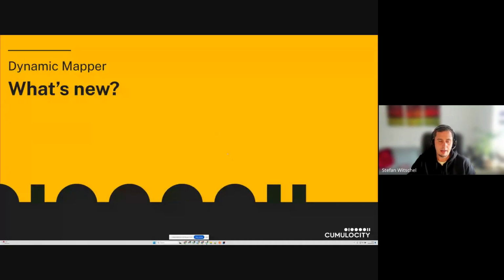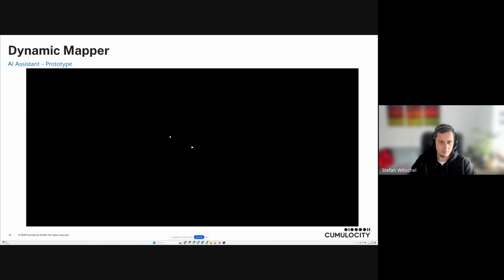Here you go. Now we have seen how the dynamic mapper can be used at WIKA. Now I wanted to highlight the latest features we have implemented, and some of them you have already seen in the use case. But now we want to explain in detail what has been implemented, why we have implemented that, and how it has been implemented. So the first thing I wanted to mention is some kind of prototype we worked on